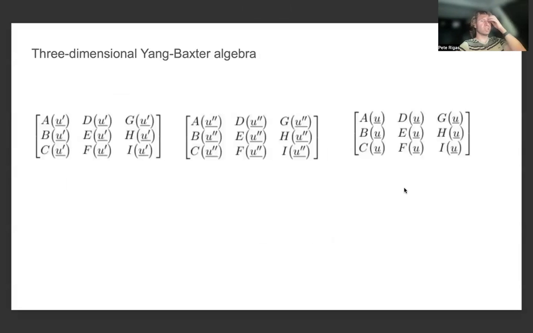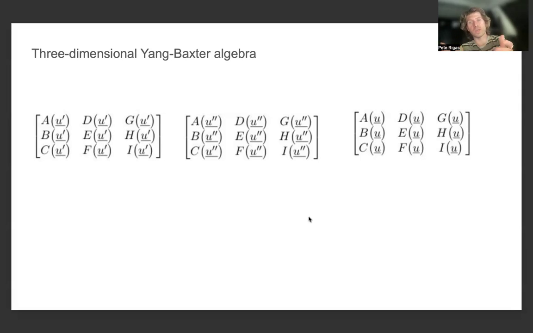As we're closing the presentation out, a lot of what's underlying the quantum inverse scattering framework for the 20 vertex model is the three-dimensional Yang-Baxter algebra, which can be looked at as an algebra generated from the Poisson bracket of the tensor product of three transfer matrices. If you take one transfer matrix dependent upon U and another dependent upon the spectral parameters U prime, we can also look at a third transfer matrix dependent upon the spectral parameters U prime prime, and we can take various Poisson brackets of tensor products of these three transfer matrices